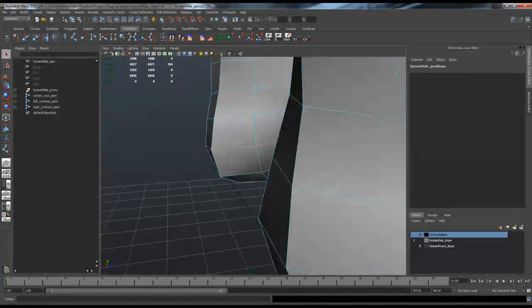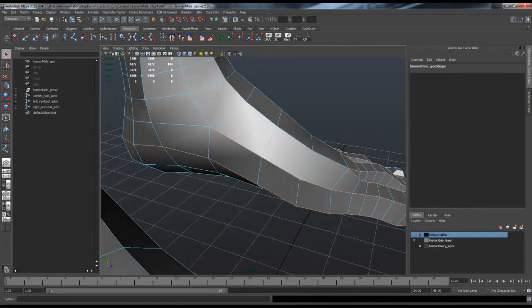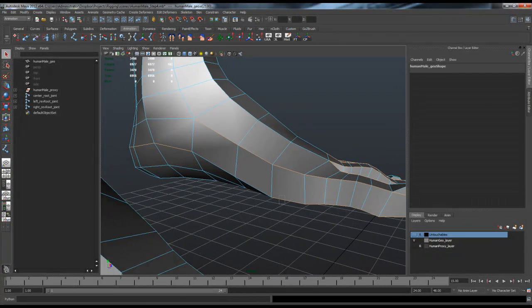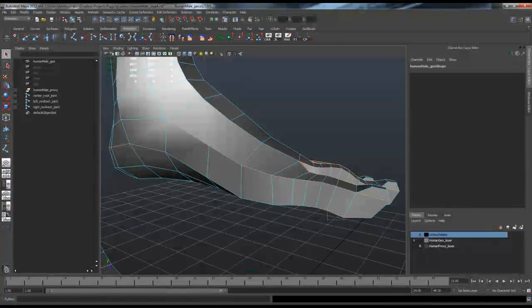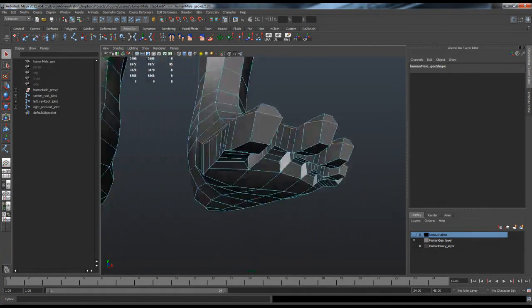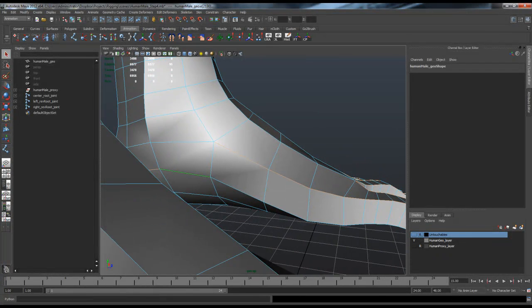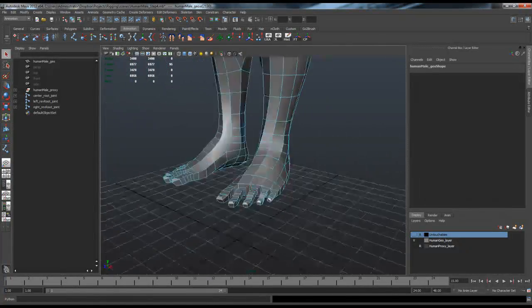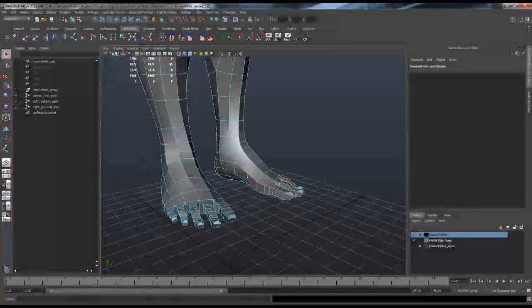Okay, and that goes around to there. I'm going to hold down control and actually get rid of all of these edges at the bottom. I'm not going to need those, and I want to stop my line right here because these two are actually going to connect together. Okay, so now that we have our edges going all the way around representing our foot,